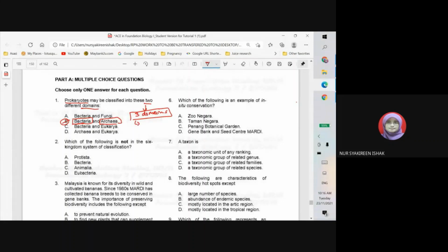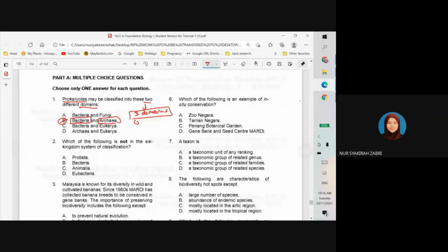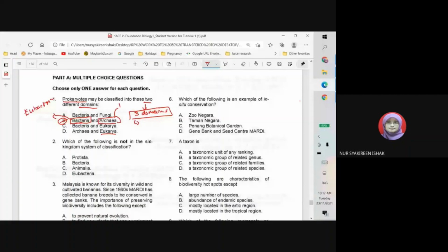So yang ketiga dia adalah apa? We have bacteria, archaea, and the other one is what? Eukaryota. Eukarya. Okay, eukarya. Okay, so ingat three domain system consists of three domains, bacteria, archaea, and eukarya. Okay, so in each domains they have their own kingdoms. So for bacteria, in the domain bacteria, dia ada satu je kingdom which is eubacteria. Okay, and in the domain archaea, there is satu je kingdom which is archaea bacteria, and in the domain